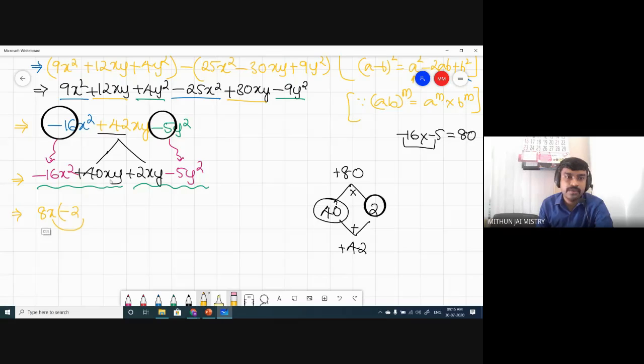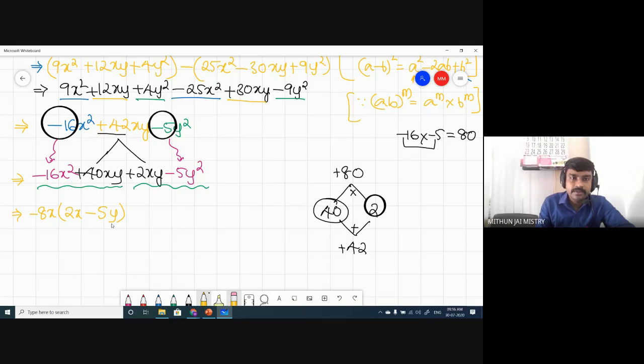I can take minus also as common. Just a minute, let me take minus as common. Then you will get 2x, minus 8 into 2 is minus 16, x into x is x squared. Now here I have taken minus common outside, so this plus will become minus, because minus into minus should be plus. Now 8 5s are 40, so 5 will be there. And x has gone outside, so only y will be left. So y. Got it?